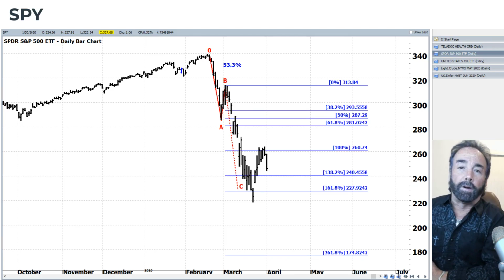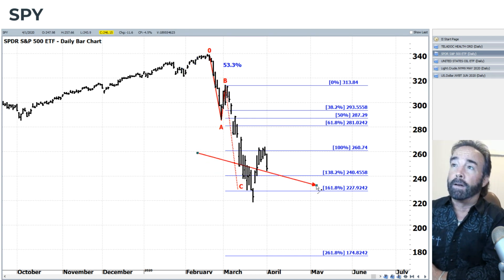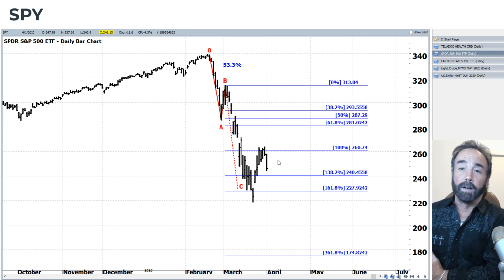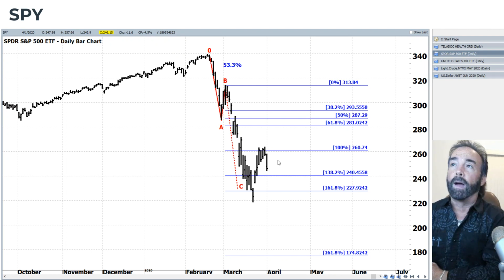As a quick reminder, we're in an extended C wave to the downside in this zigzag pattern, coming down and hitting the 161.8% level. And remember that Elliott wave rules state that if you're going to go down to the next extended level, you should retrace or correct back to the prior major fib level first. And that's what the 100% level is. And you can see 1, 2, 3, 4 days that we've bounced right up against that level, clearly acting as resistance. And then today, the move to the downside, and the importance, as I said in the intro, of having the first trading day without the forced buying from the rebalancing.